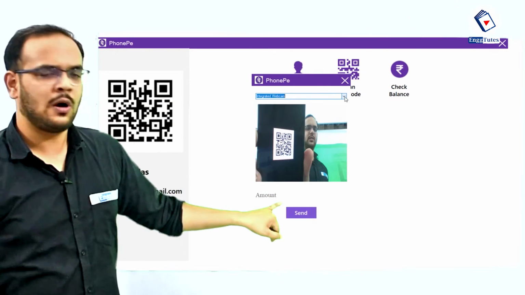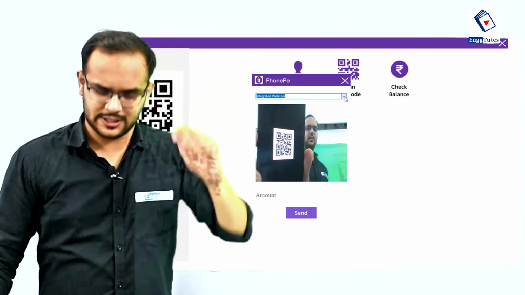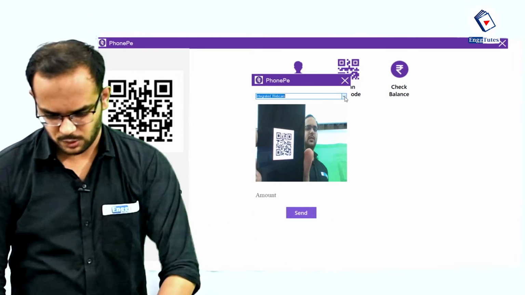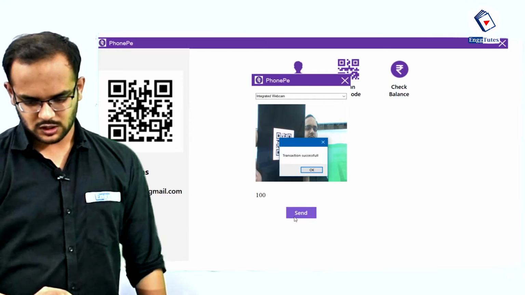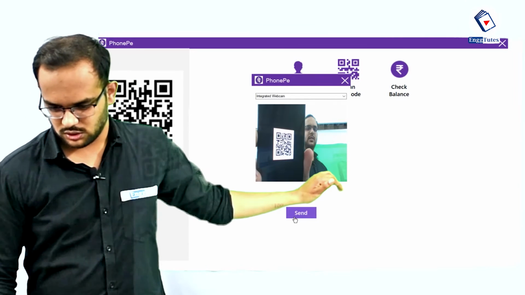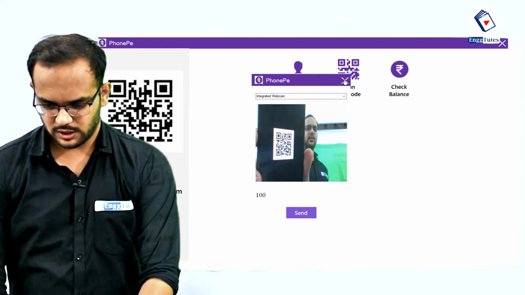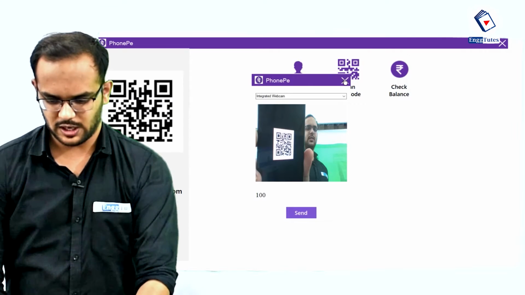Also, you can see the amount text box here. That means since the QR code is valid, now you can enter the amount. Okay, so let's say 100, and I will press send. So transaction successful. Okay, I will close this window,